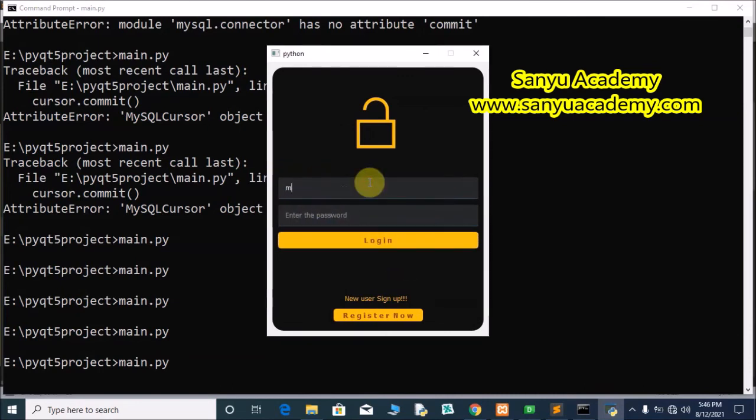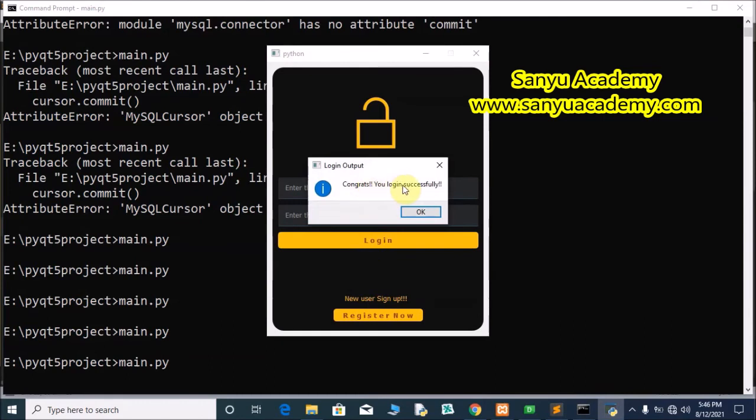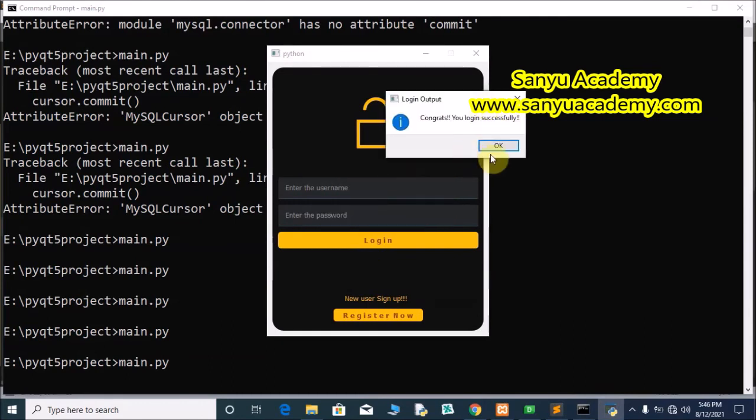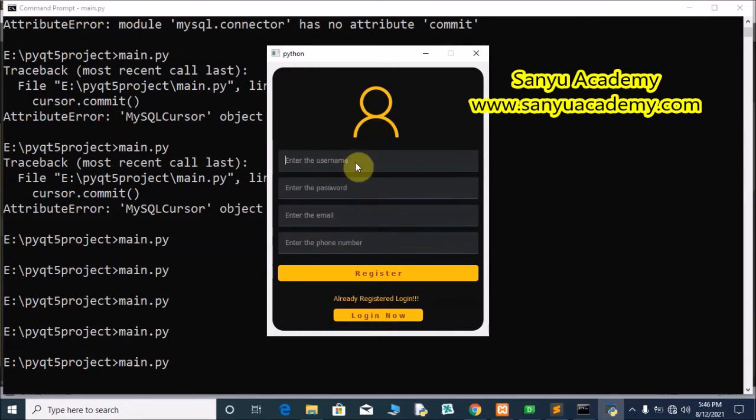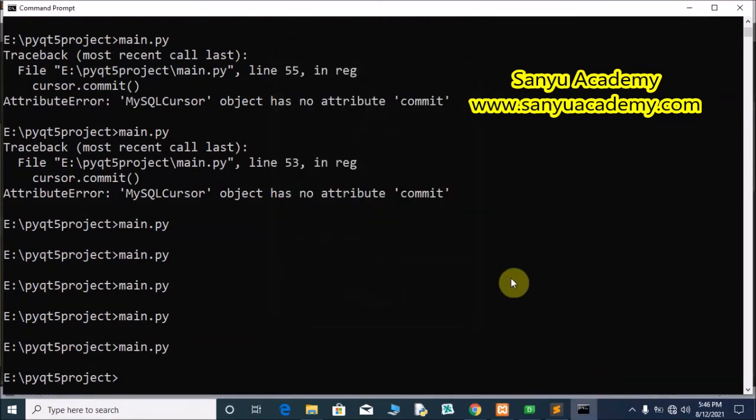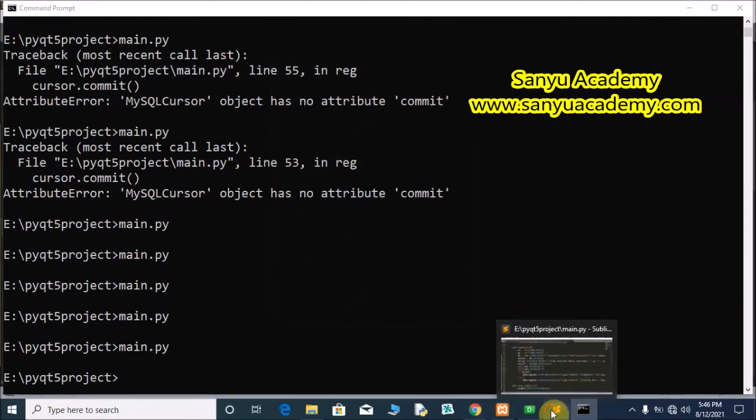Now Muthu, 123, it is an available user. Congrats, you are logged in successfully. And also the message box appears and both the text boxes are cleared. Now we will write the code for the registration form. Close this window and go to the Sublime Text Editor.